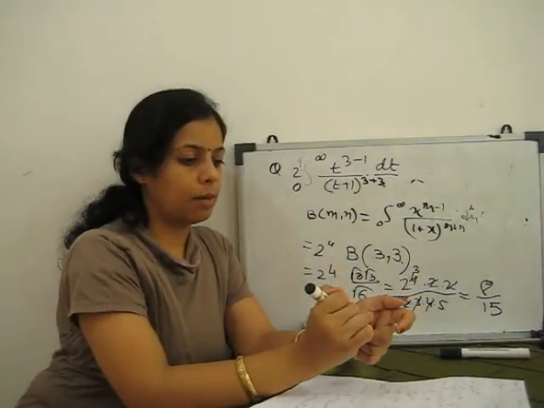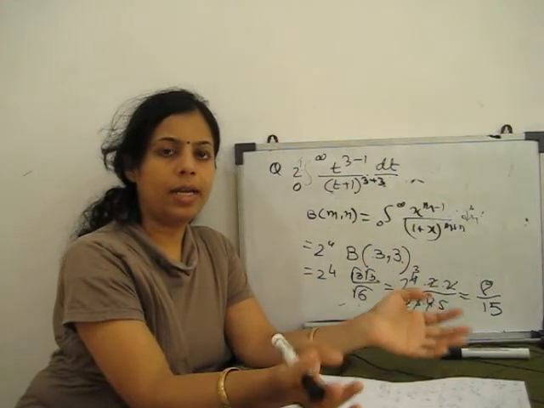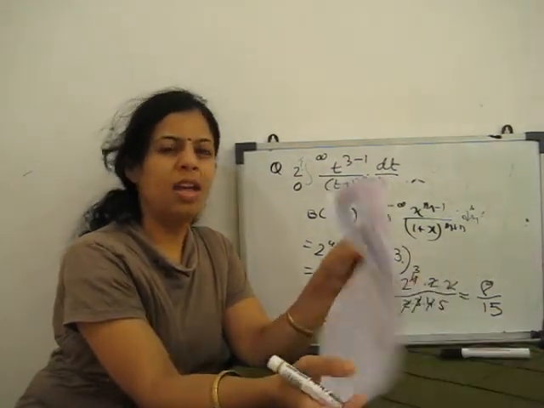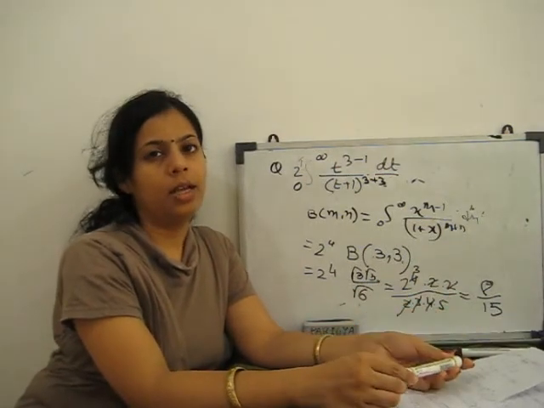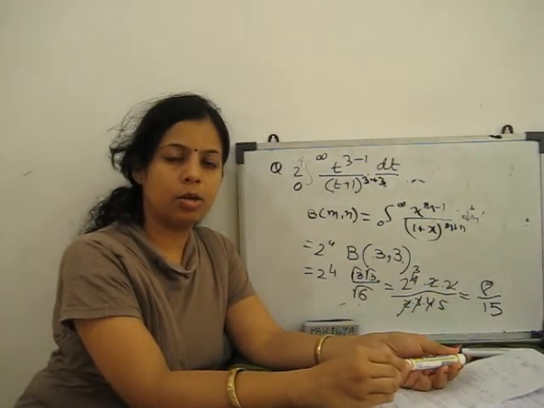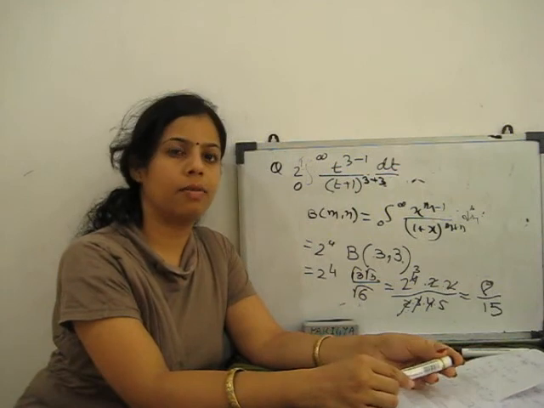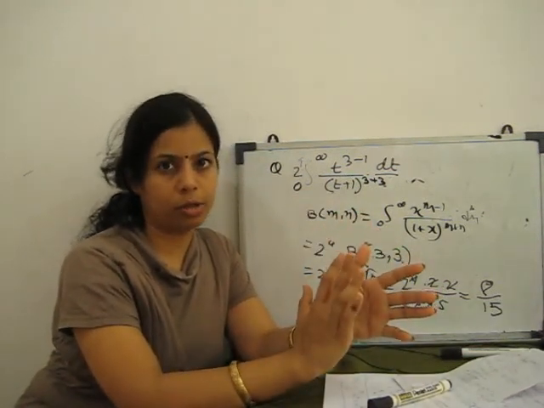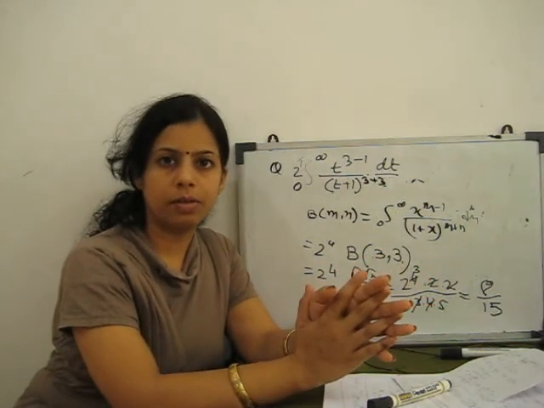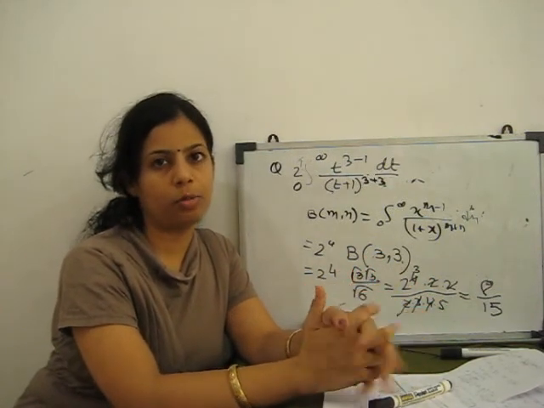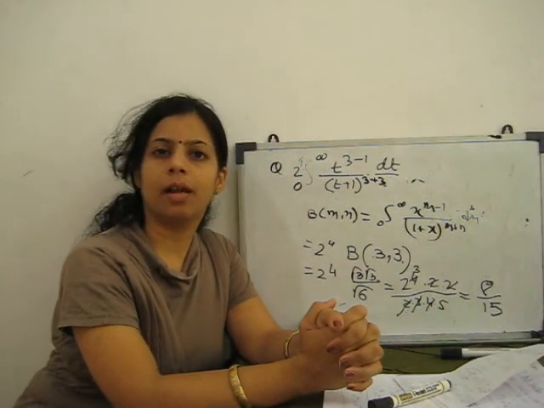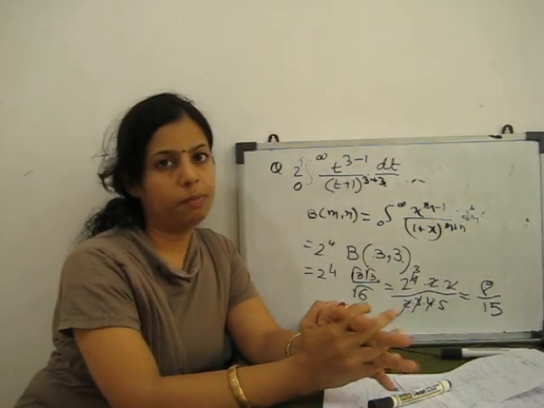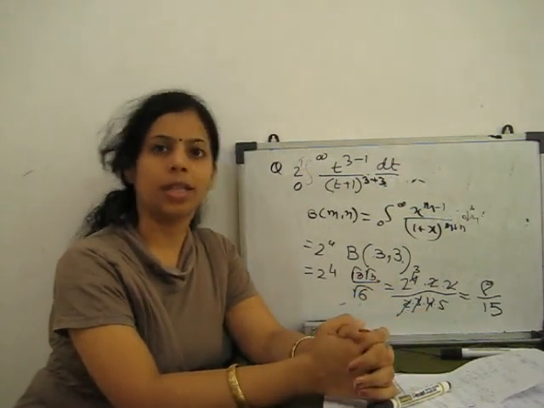So this is one example for beta as an improper integral. There are so many examples. If you want to solve many integrals, we can easily solve them with the help of beta and gamma functions, if you remember all the integral forms of beta and gamma, the relation between beta and gamma, and some duplication formulas. So that's all for the beta function. You can practice and become perfect in these special functions. Thank you very much.